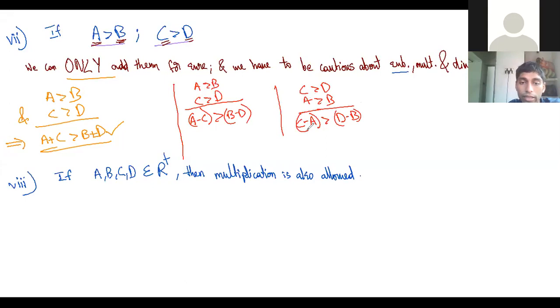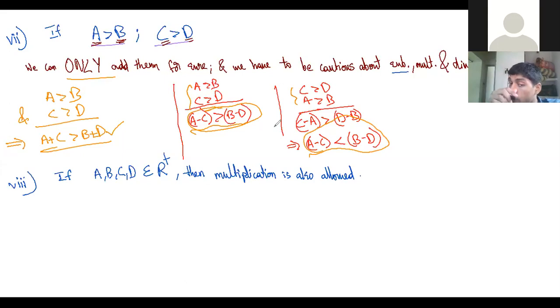Can I multiply with minus 1 on both sides? What will happen if I multiply with minus 1 on both sides? When you multiply with a negative sign, what happens to the inequality? The inequality should change now if you're multiplying with minus 1. So you see, this itself is leading to a big contradiction. You subtracted it once and you're getting this, another time you subtracted, and the same subtraction is giving you the opposite thing.